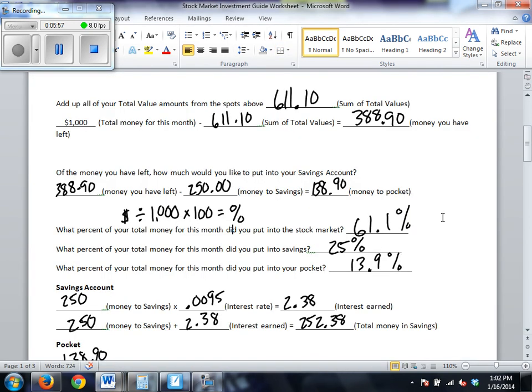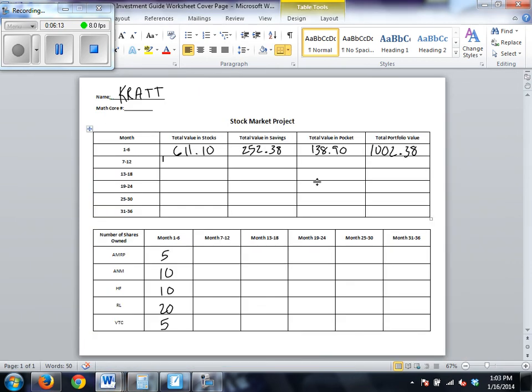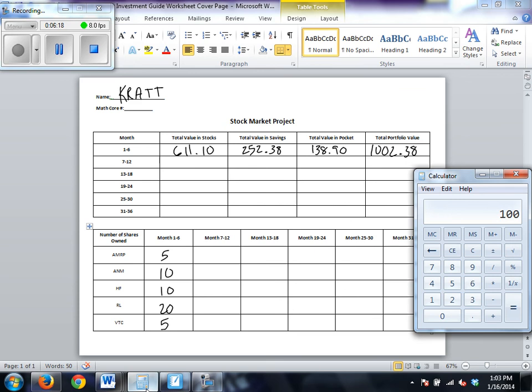Okay, so I'm using my cover sheet to kind of keep track of everything, and I'm using my worksheet to kind of do all of my calculations. Okay. Now, the money that I put in my pocket, $138.90, I just copy that right there. I also want to copy it to my cover sheet, $138.90. All right, then what you want to do is you want to add all those up. So I have $611.10 plus $252.38 plus $138.90, and that equals